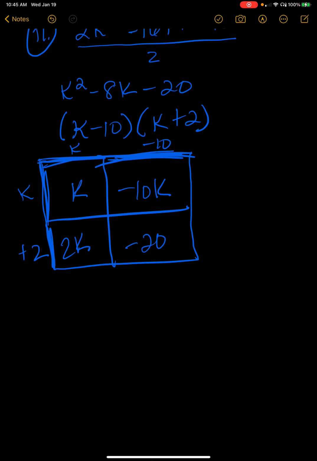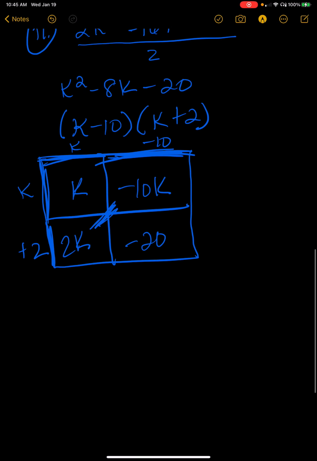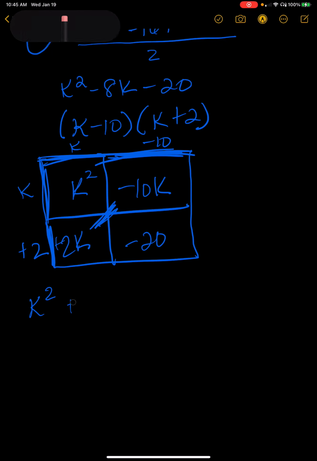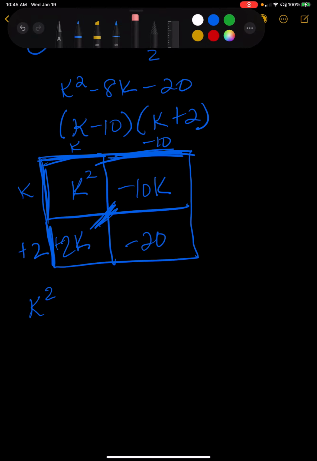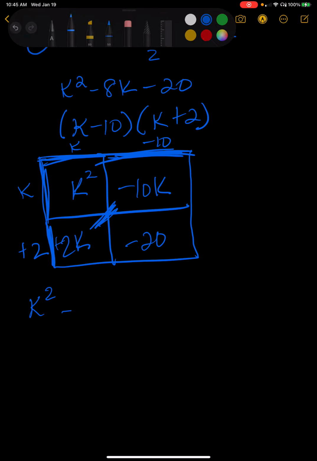So now we're going to bring it out and combine on our diagonal. We have k squared plus 2k minus 10k, which is going to be minus 8k,